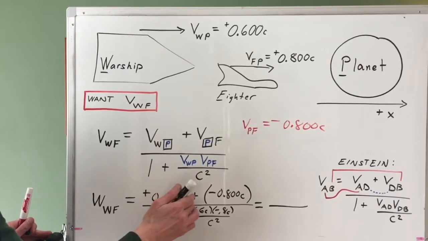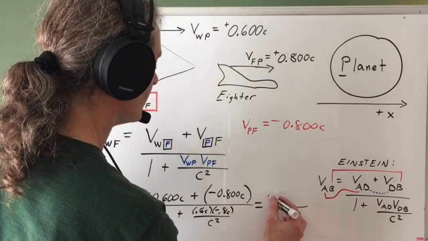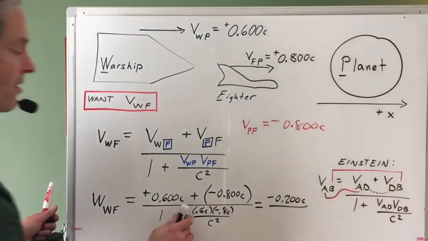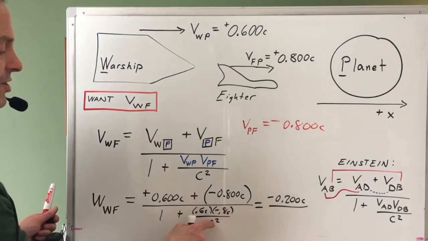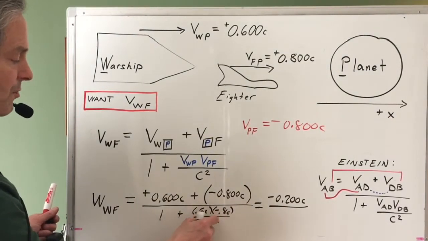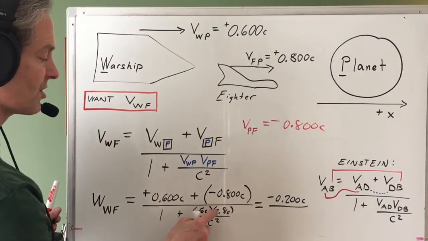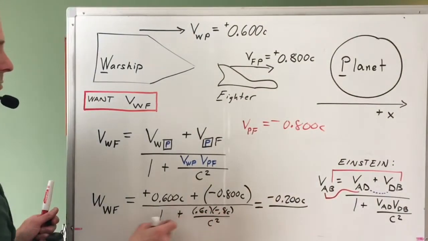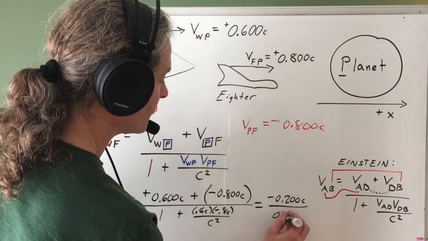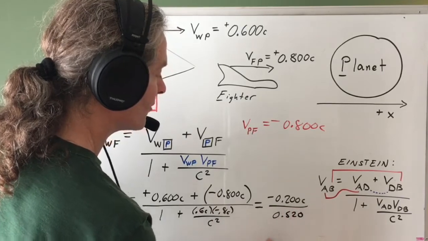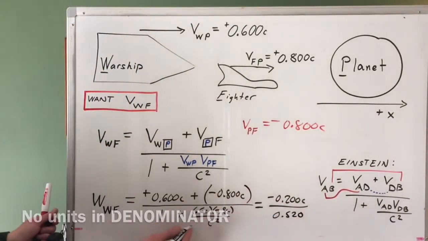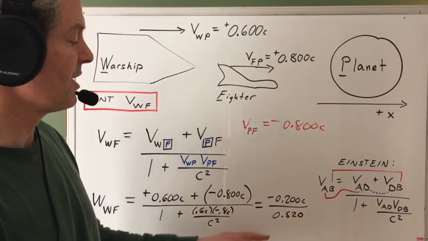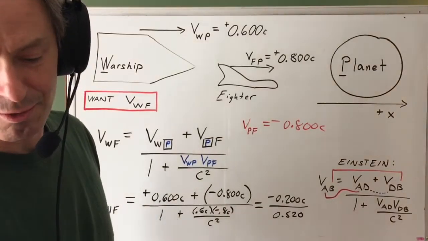Positive 0.6 c plus a negative 0.8 c will give me minus 0.200 c. And then here I've got c times c over c squared, so those c's will cancel. C squared over c squared gives me 1. I'll have 0.6 times negative 0.8, that'll be minus 0.48. Minus 0.48 plus 1 is 0.52. And there's no units here because the units canceled out. We're adding to 1. All right, so I'm going to have minus 0.200 c divided by 0.520, and that will